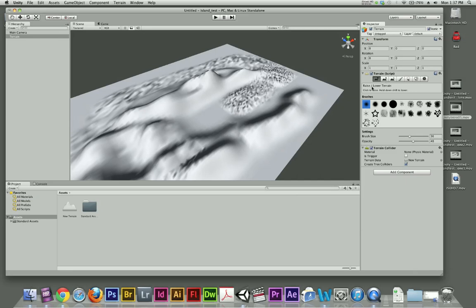So now that I've got a handle on the raise/lower terrain tool, or terrain brush, I want to explore some of the other tools that come with the terrain editor. The tool just to the right of the raise and lower terrain brush is the paint height brush, and this works almost exactly like the raise and lower brush with one big difference. I can still adjust the brush size and I can also adjust the opacity, but I can also set the absolute height of